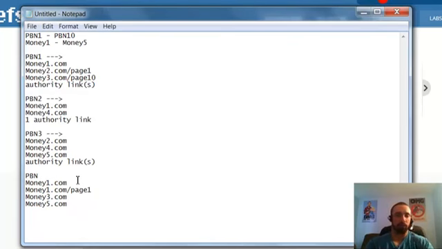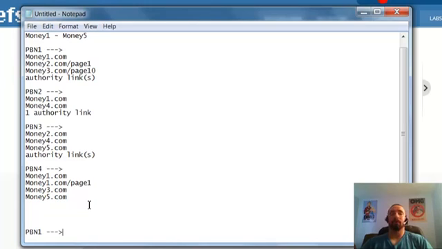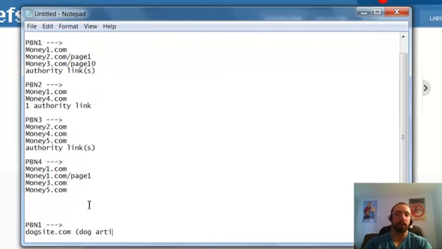This was supposed to say PBN4. But yeah, that's how I link out. It just depends how many PBNs you have, how many sites you have in the same niche. You don't want to create an article on gold and start linking out to cat stuff from the gold article. But if you want to, you can use that PBN for dog stuff, if you already have gold stuff on that PBN, if we've got PBN1 and we're linking to dogsite.com. We just want to make sure we have a dog article here.